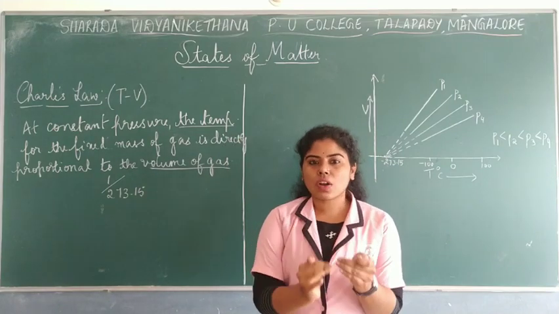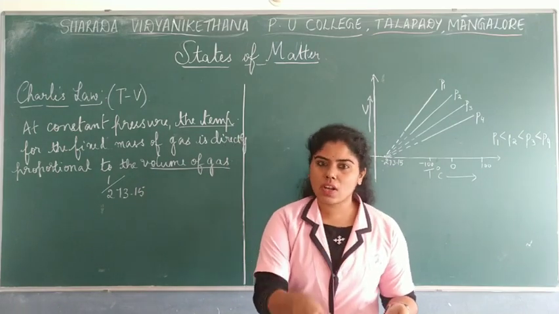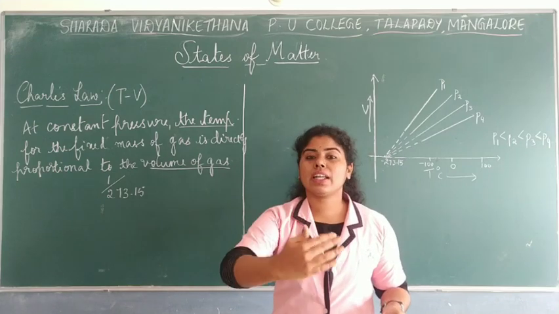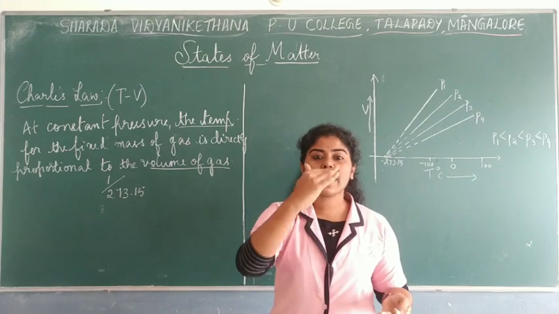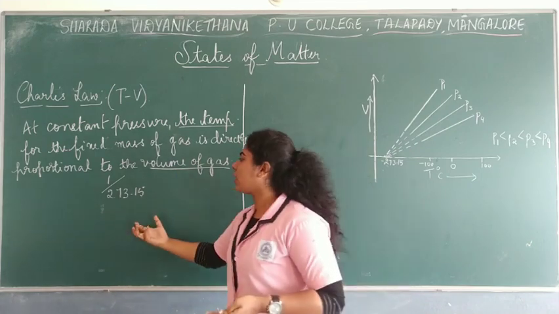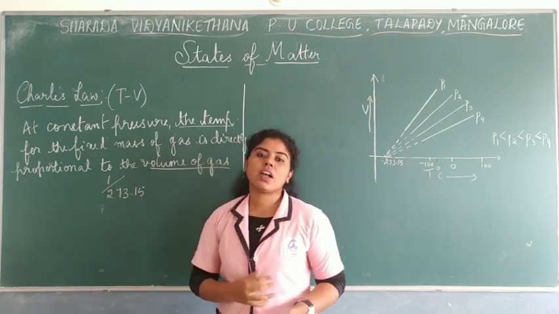Okay, so at 0 degrees Celsius, the volume will be V naught. Imagine. Now what happens at 1 degree or T degree? T in the sense final or the next degree Celsius. For each degree, how much does the volume increase? That is 1 by 273.15.